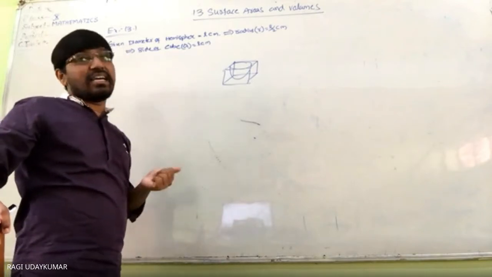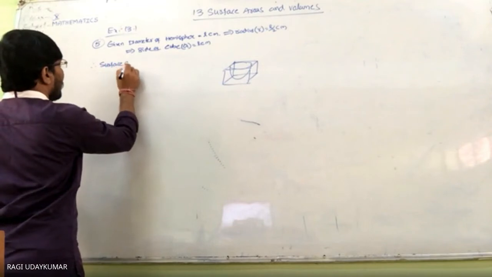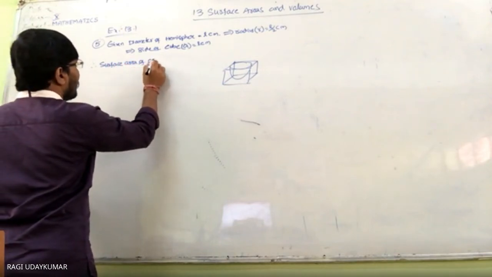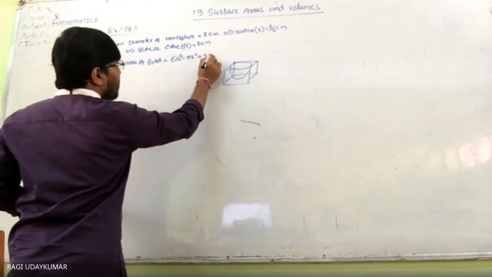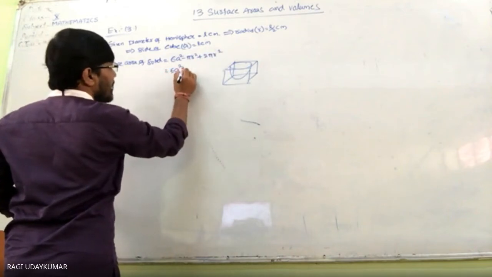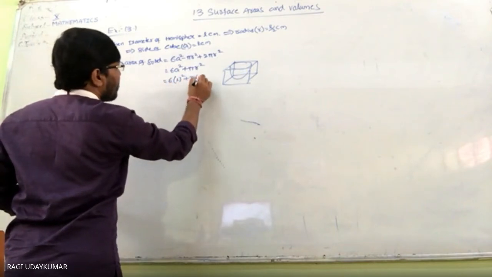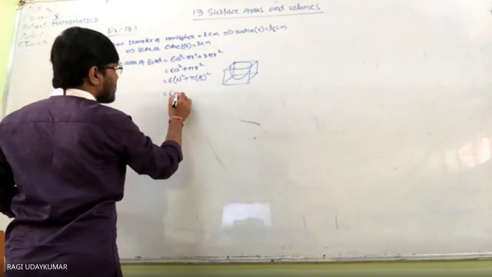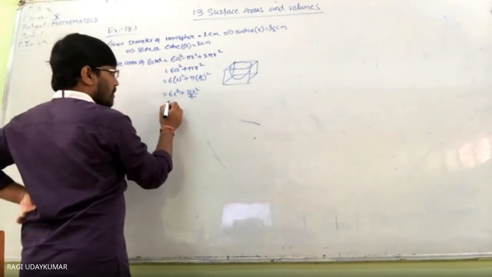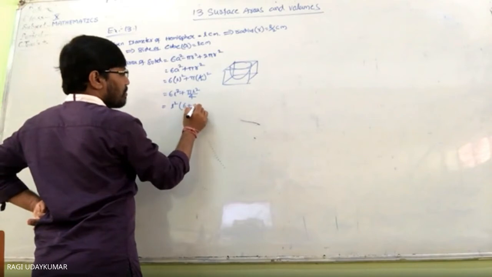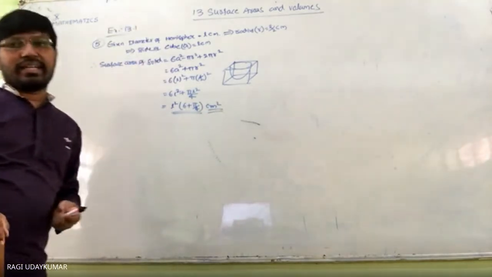But here surface area is asking you. So when the surface area is asking you, therefore surface area of solid is equal to same 6a square minus pi r square plus 2 pi r square. So which is equal to 6a square plus pi r square. So 6 into a value L square plus pi r value is L by 2 whole square. So 6 L square plus pi L square by 4. So if you want, you can take the L common here of 6 plus pi by 4. You can keep it like this, and you can write centimeter square. In the form of L, you can write it as it is.